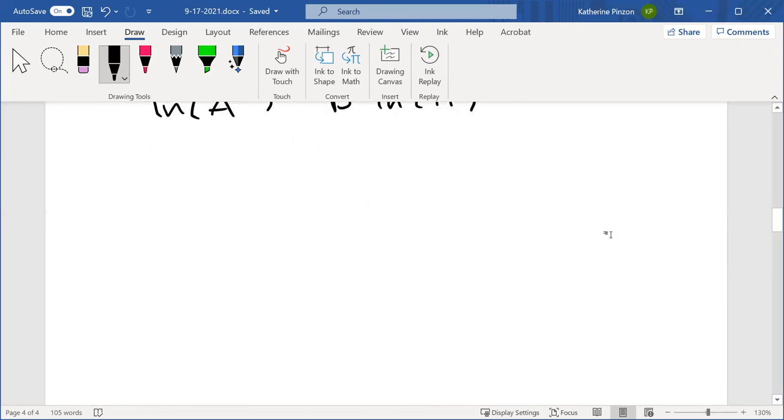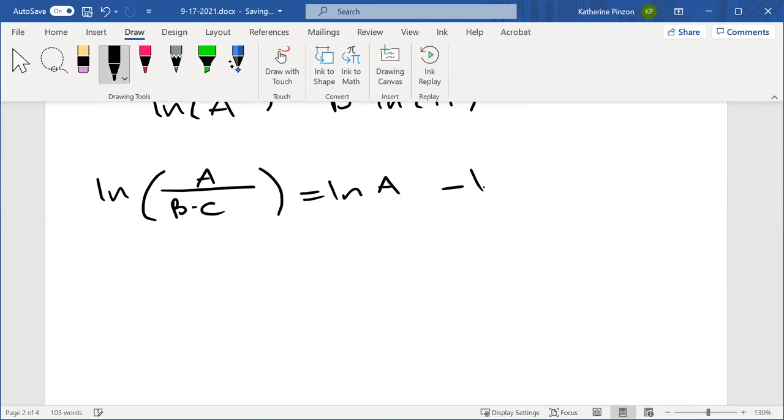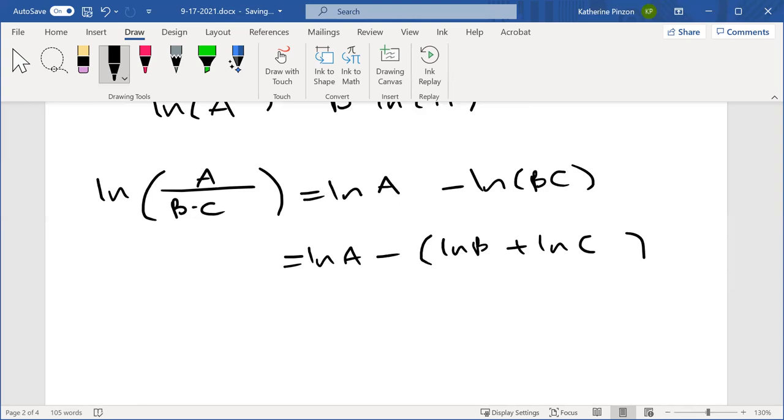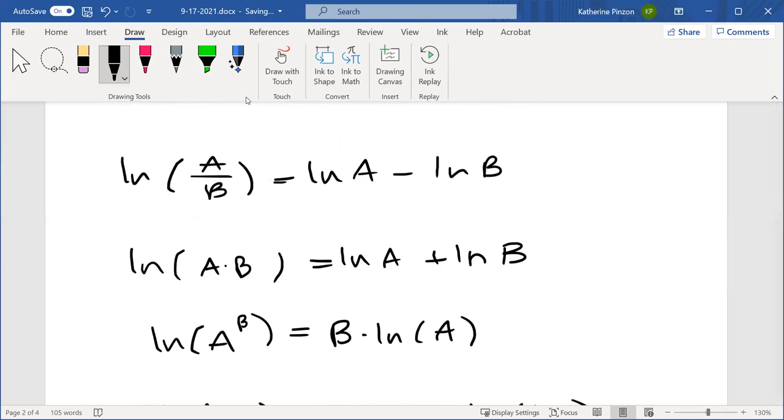I go back up to my rule list and I do this example. A over B times C. This would be natural log of A minus natural log of B times C, right? Natural log of A minus, what do you do with B times C? You add, but do you see that that minus goes with both of those guys? So natural log of A minus natural log of B minus natural log of C. So we can sort of extend these two rules and say